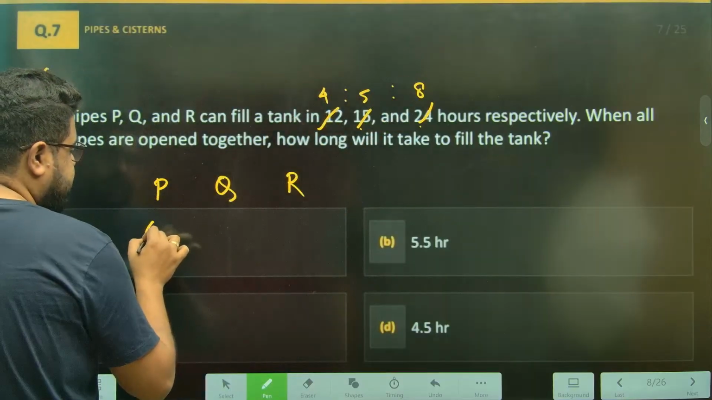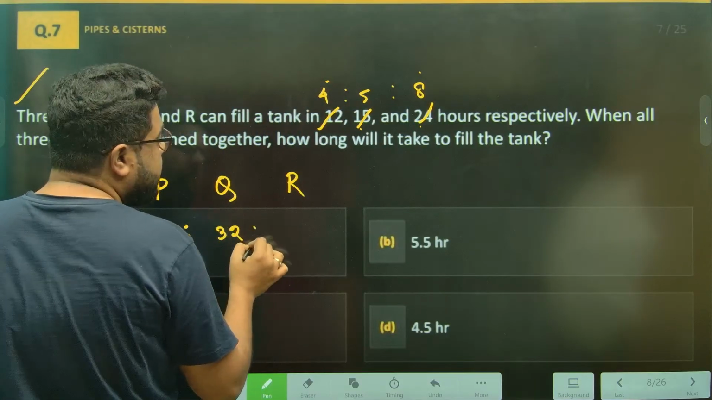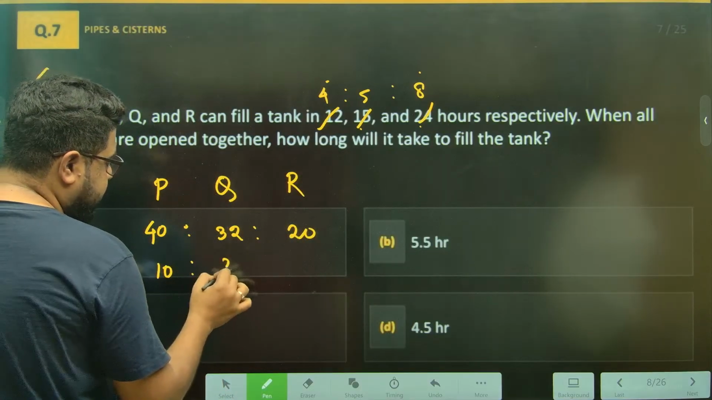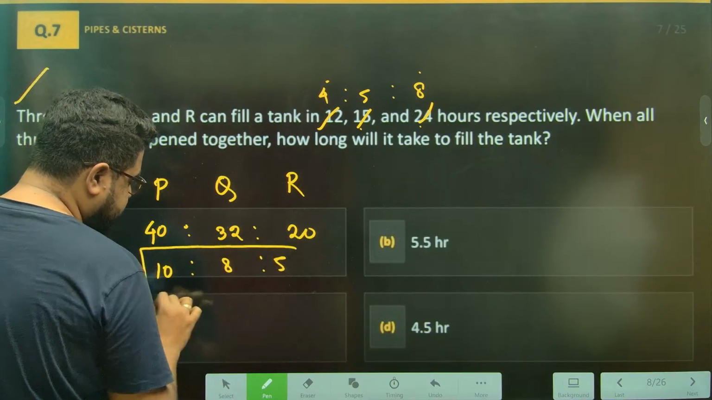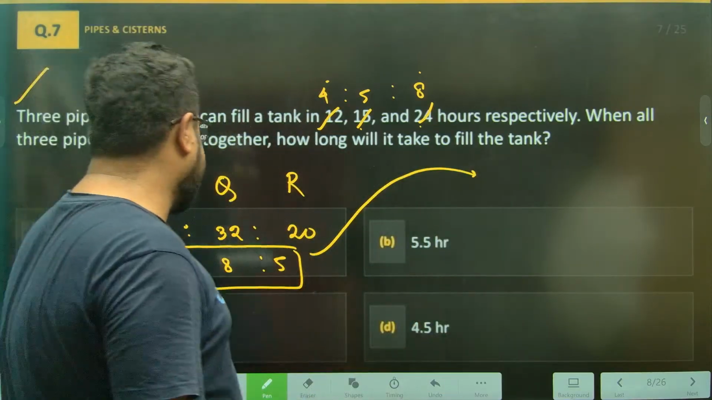5 eights are 40. Then 4 into 8, 32. Then 5 into 4, 20. This is the efficiency ratio. 4 eights of this, 4 fives of this. This is the efficiency. So, total volume by total efficiency. If I take P, P can